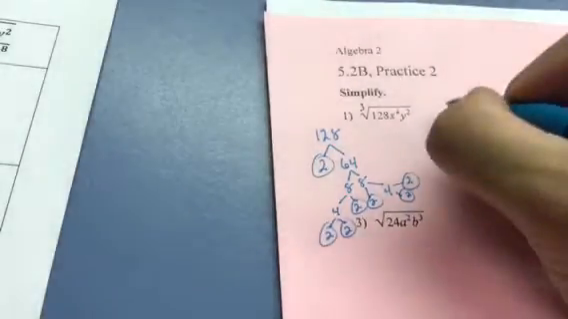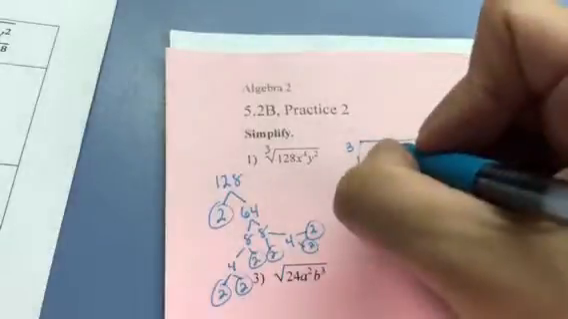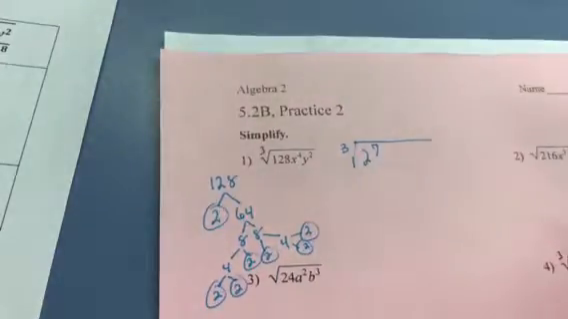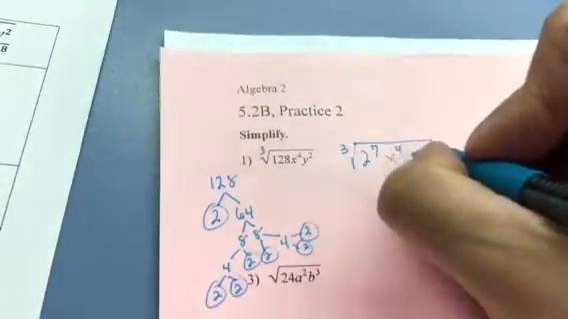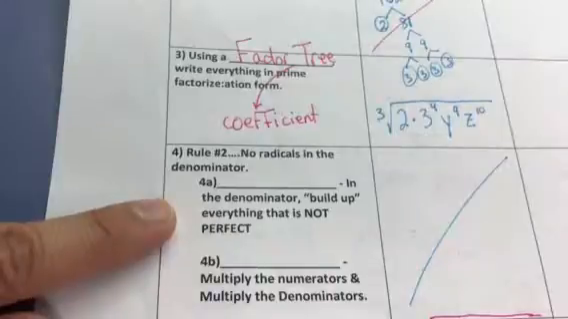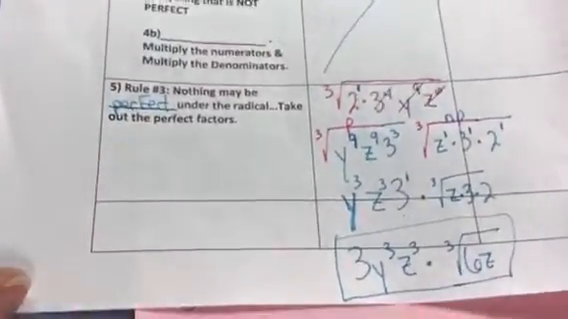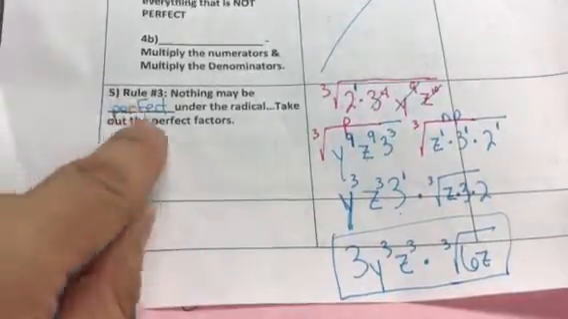So the first thing I'm going to do is rewrite this, and instead of 128, I have 1, 2, 3, 4, 5, 6, 7 2s. So I'm going to write it as 2 to the 7th. And then I have the x to the 4th and the y to the 2nd. And now, rule number 4 is not happening. We don't have any radicals in the denominator. Denominators are from fractions. So we're going to go to step number 5, which says rule number 3, nothing may